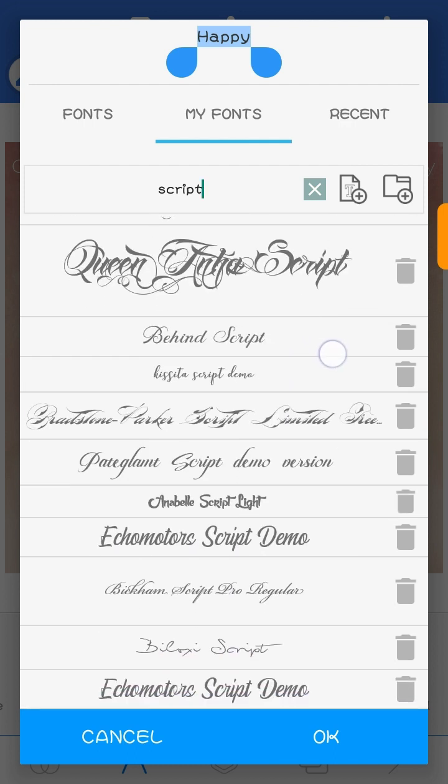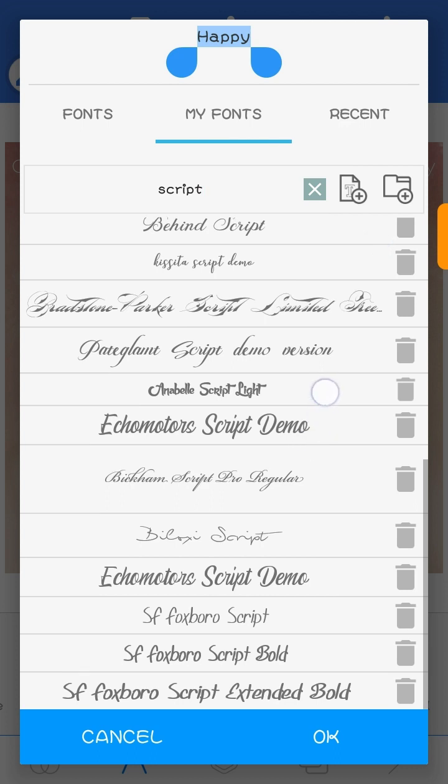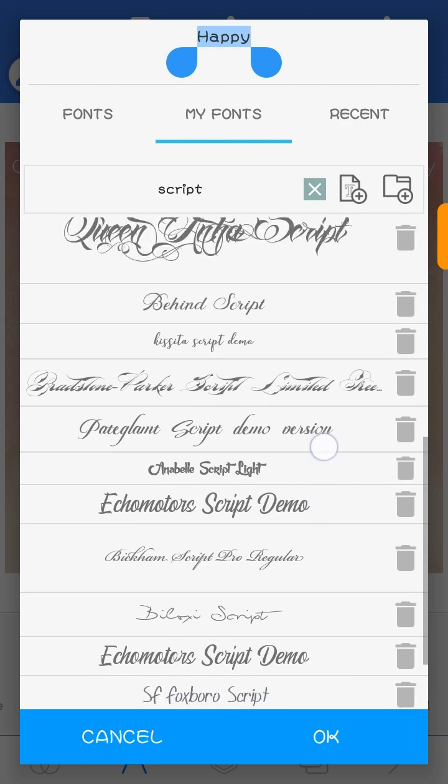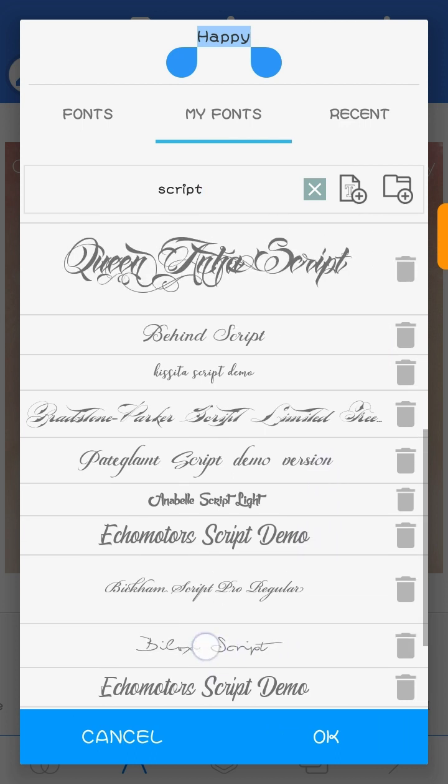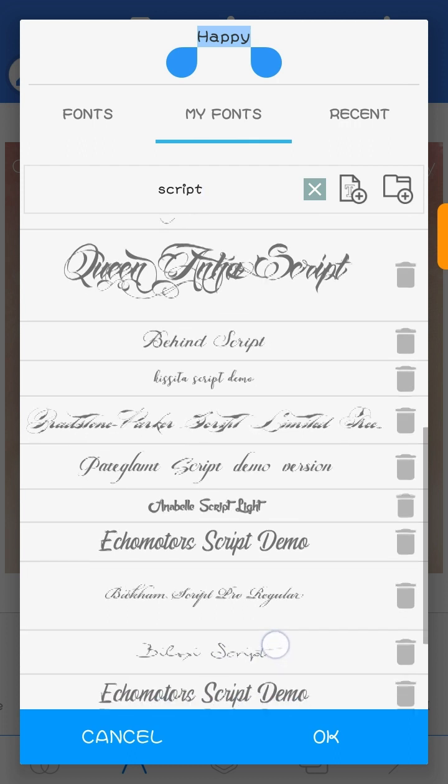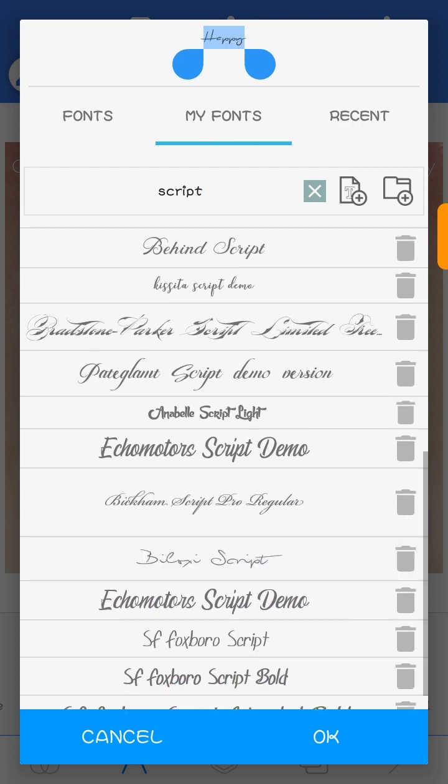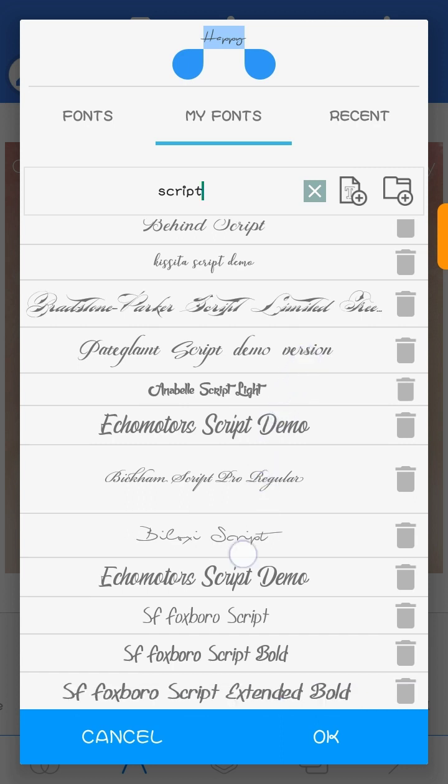Just find something. Okay, I'm going to be using this Velocity script. I'm going to click on it. So when you get your Pixellab application or software for the first time, you might not have these types of fonts. So what we're going to do is